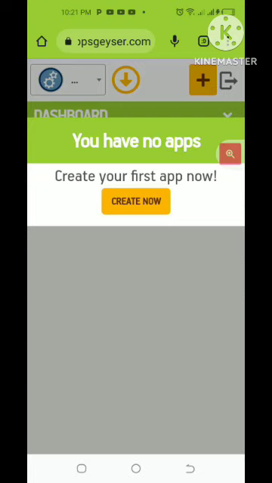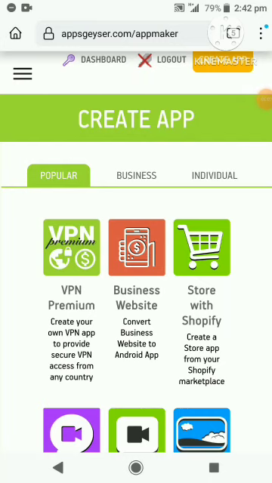So now that you have created your new Appsgeyser account, you should have something like this on your screen, which says you should create your first app now. To get started, all you need to do is click on create now. Once you click on the create now button, it will take you to this page where you are to